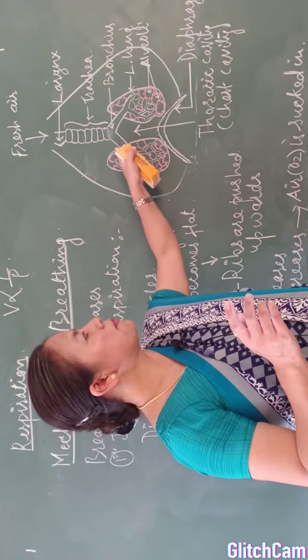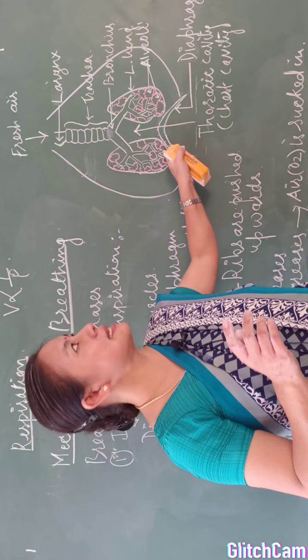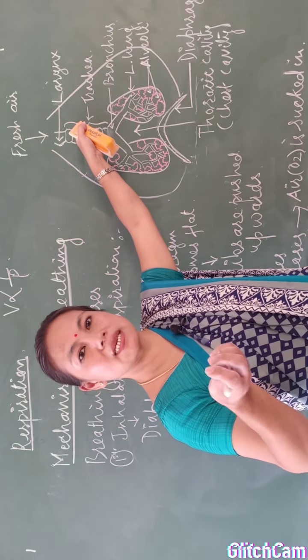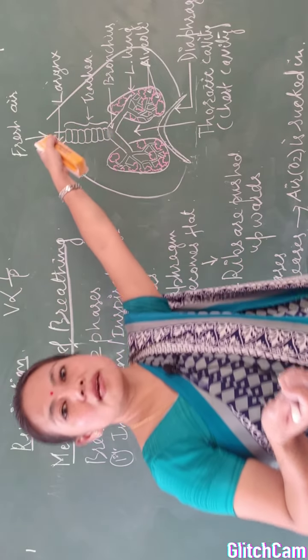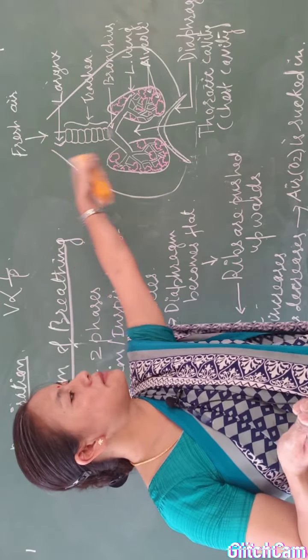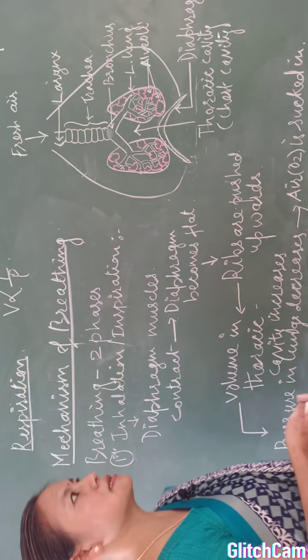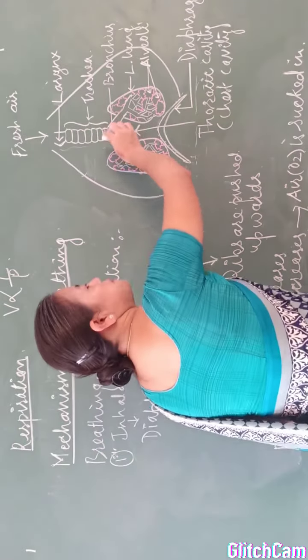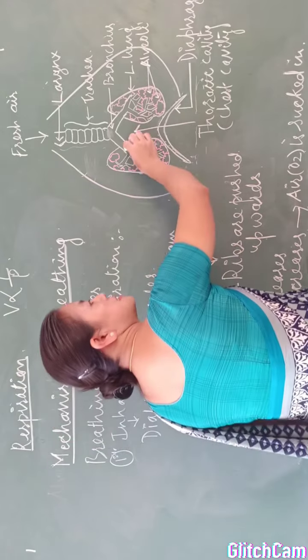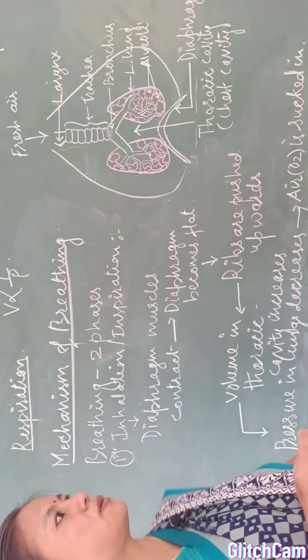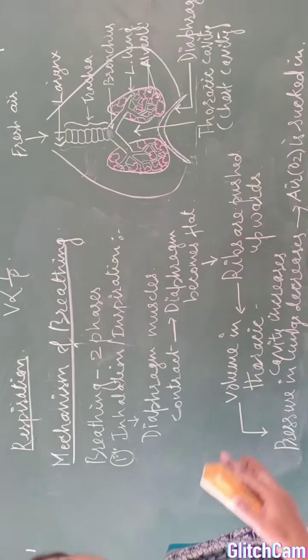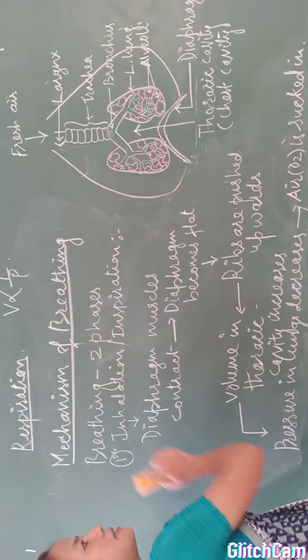Now, when the pressure inside the lungs decreases, suction force will increase. When the suction force is increased, fresh air which contains oxygen will be sucked into the lungs, and through this respiratory tract and these organs, it will ultimately reach the alveoli. Now, what happens in alveoli? We will see after 1 to 2 minutes. Now, let us see what happens in